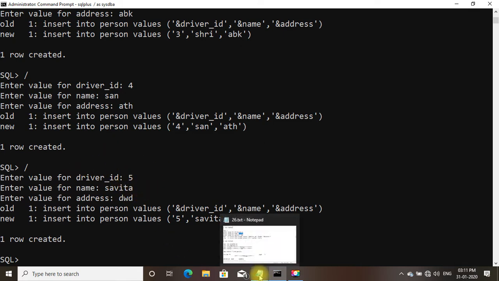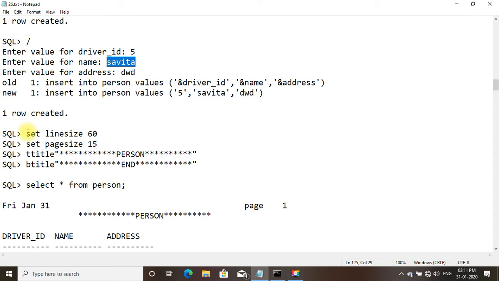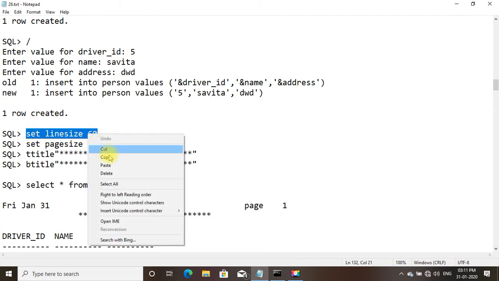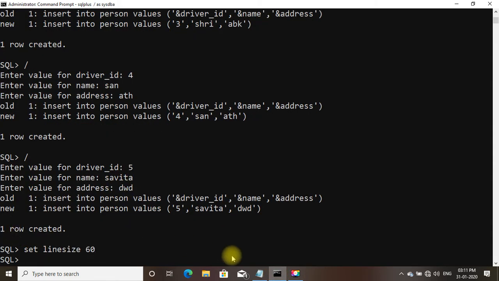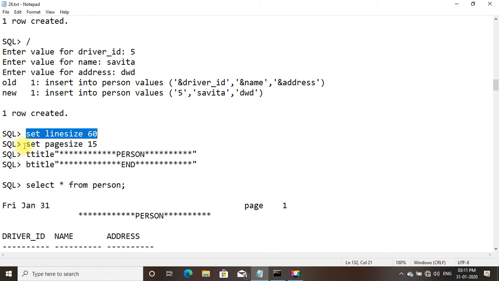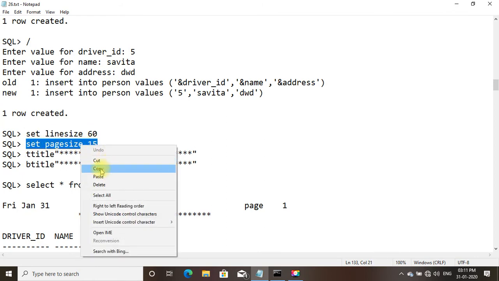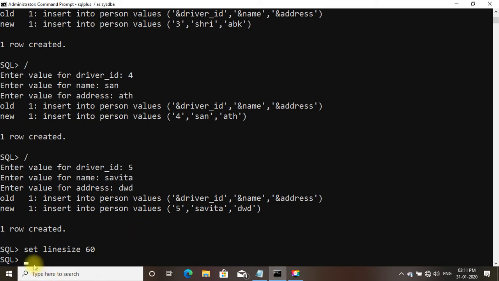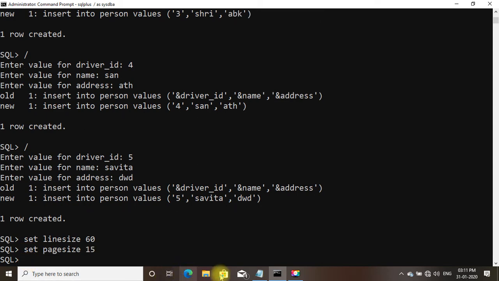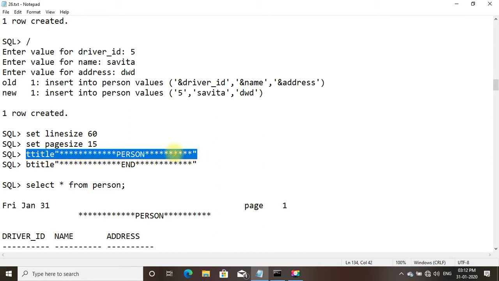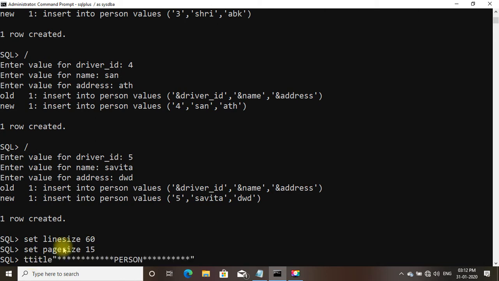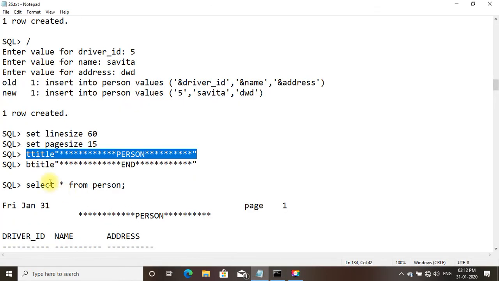Now we shall display these records. To do that we need to set the line size to 60 and set the page size to 15. Set the top title as person and set the bottom title as end.